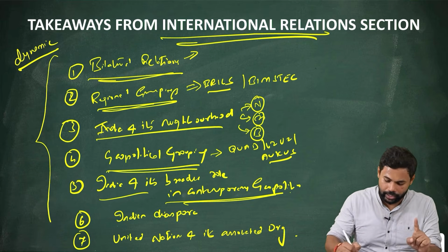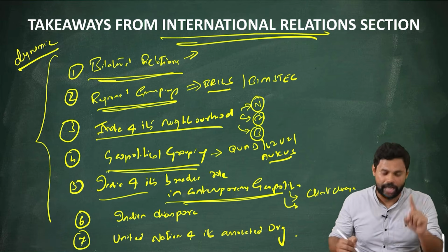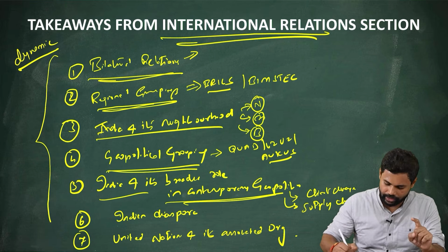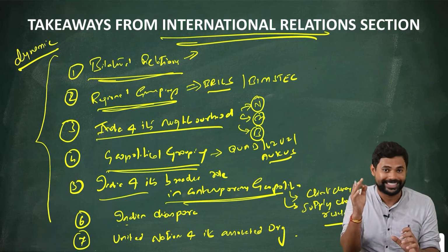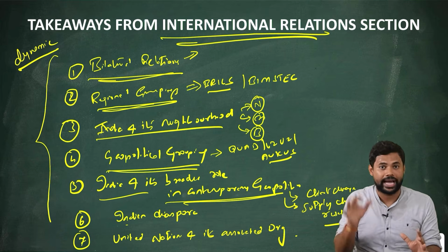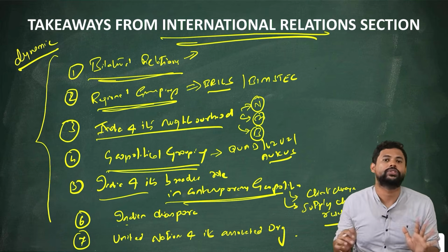For example, if you remember, they've asked India's role in climate change. They've asked this question in international relations. Next, in one of the years, they had asked India and its role in supply chain resilience. Because China is becoming very dominant, there is supply chain vulnerability amongst the nations practicing globalization. How can India act as an alternative supply chain for improving the resilience? This was one of the questions that was asked.